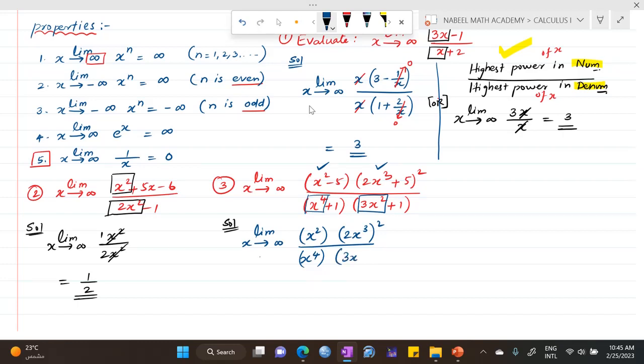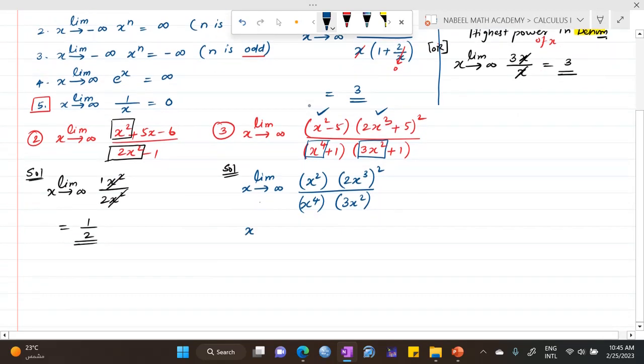3x square. Now you have to simplify. So what is the simplify here? Limit x approaches to plus infinity. This is x power 2. When you apply the power, you will get 8x power 6